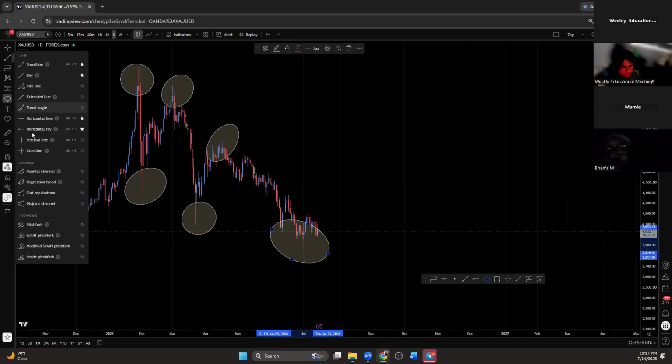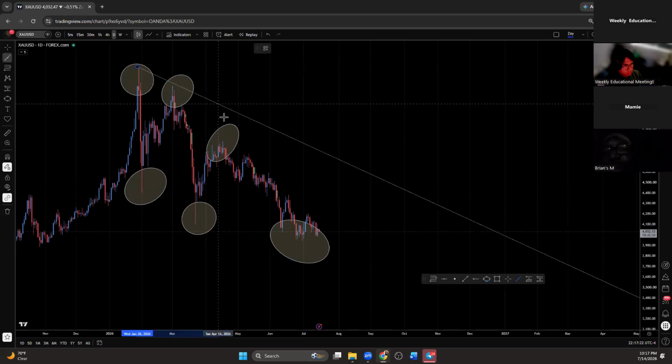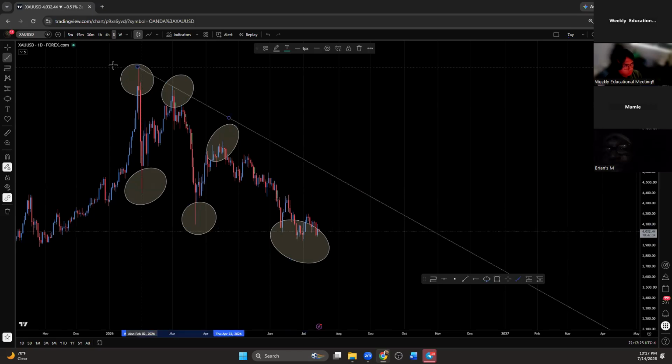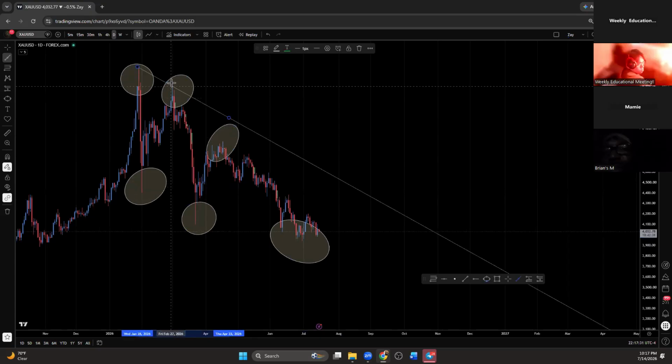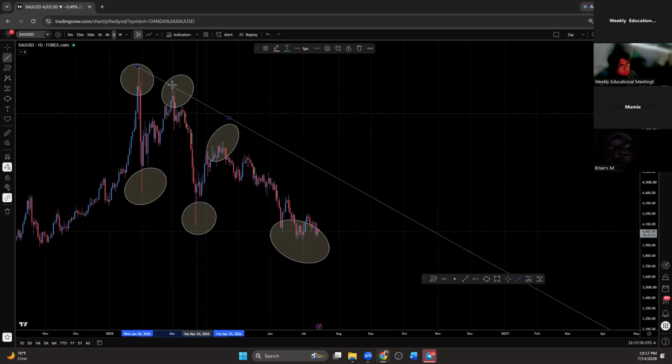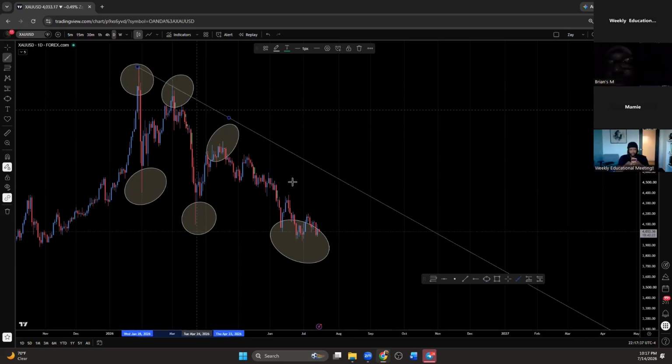What I'm going to do now is I'm literally going to draw this little array that I use. Now up here, it's not really giving me too many touches in this area, because you see how it came here, went down, came and touched this trend line again, and we came here and then we didn't touch it. I need to make sure that my trend line gives me multiple touches. This is a correct trend line because market can easily eventually come back up here.